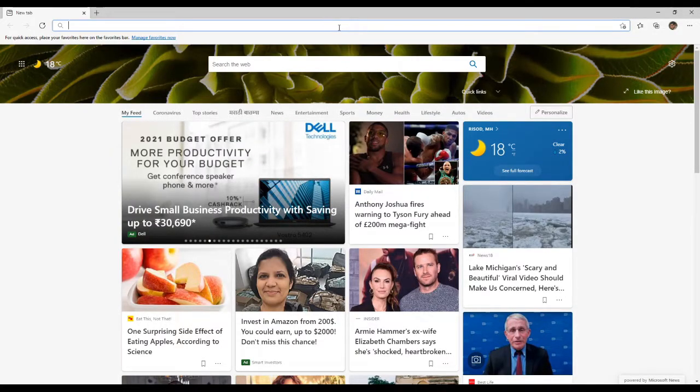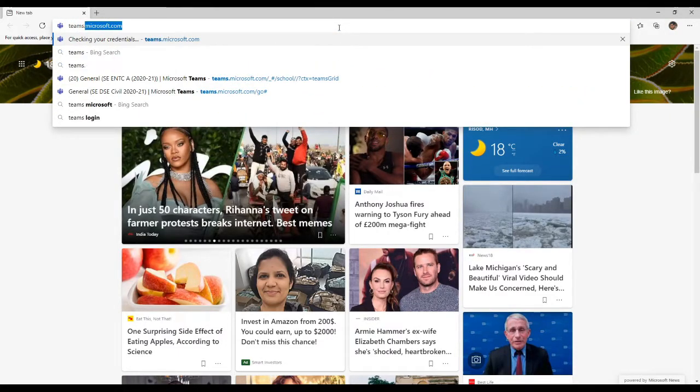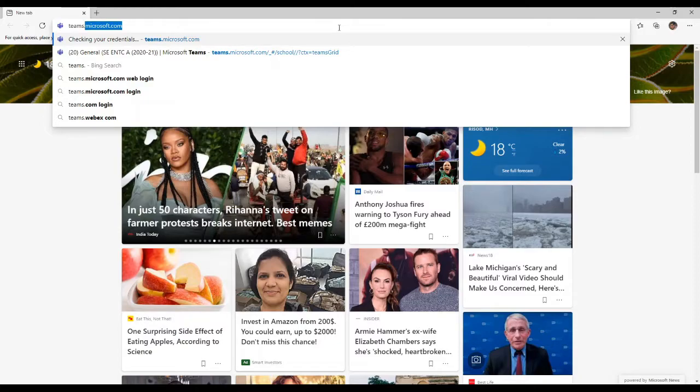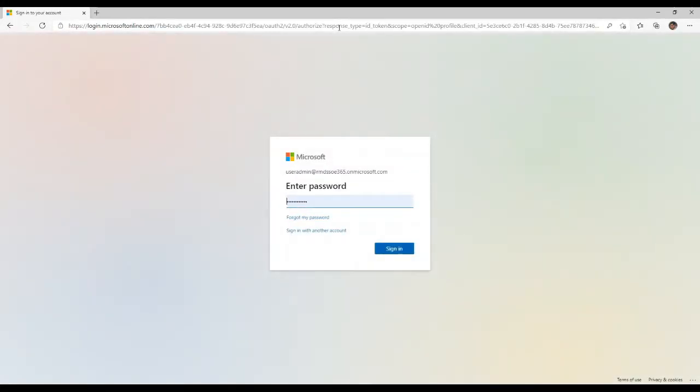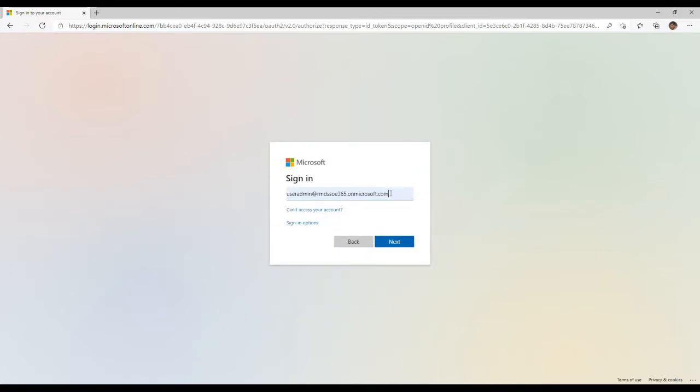So what we are going to do, first go to teams.microsoft.com. Okay, so you need to log in over there. You do have your login credentials with you. If not, you can contact your department, and if yes, you can log in to your account. Right now I am going to use a demo account. I have prepared a demo student account to give a demonstration of how the system works.